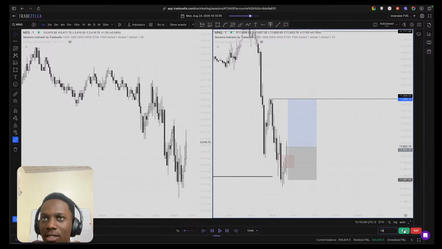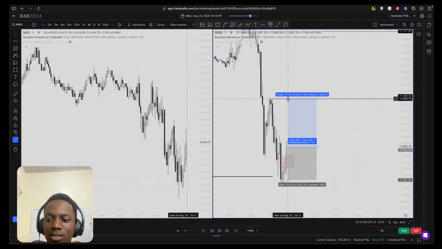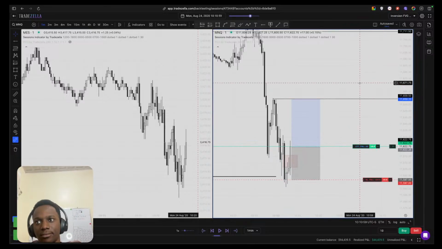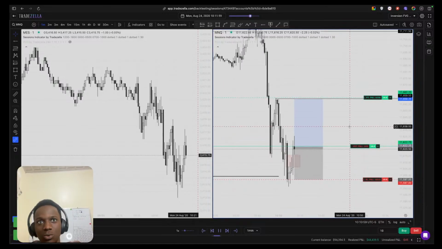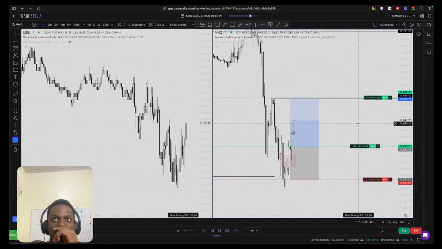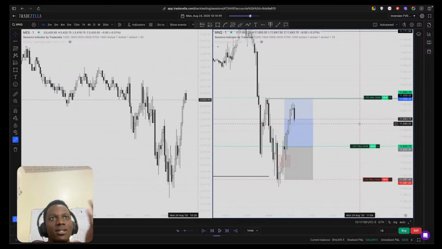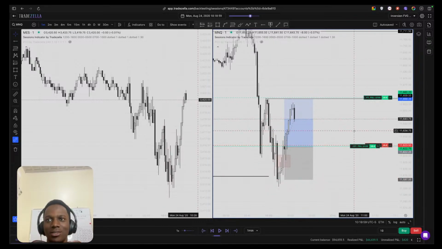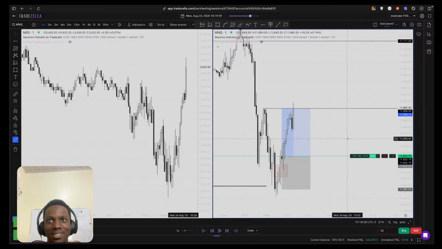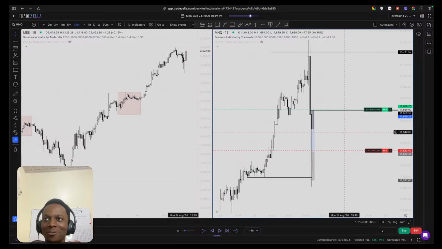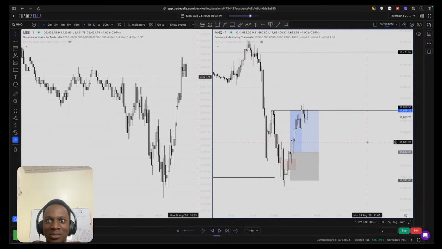It's better. Now I'll be buying it here, and take profit will be at this high. So stop will be at the low here, then take profit at this high. Now we just have to wait and see if it delivers to those highs. And bro, it like starts to dance around the moment it's close to take profit. What was wrong with that? Anyways, we're hitting take profit for a good 1.4 hour, but it was stressing us out, to be honest.